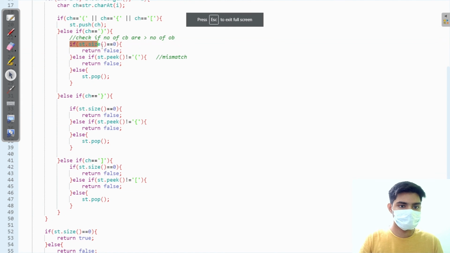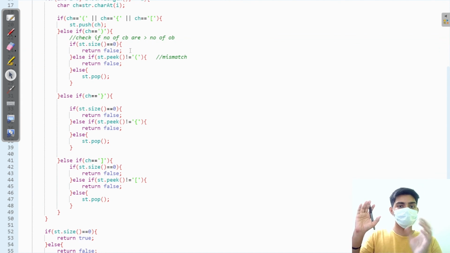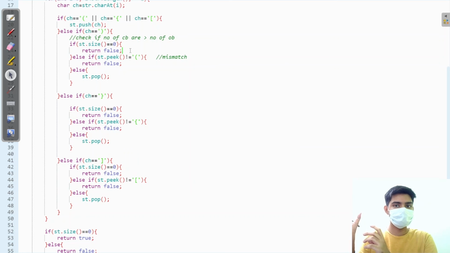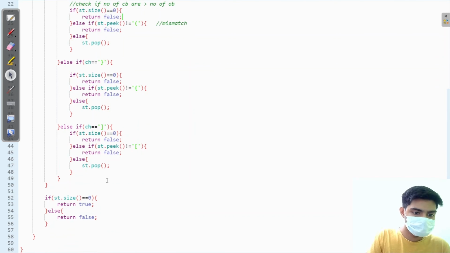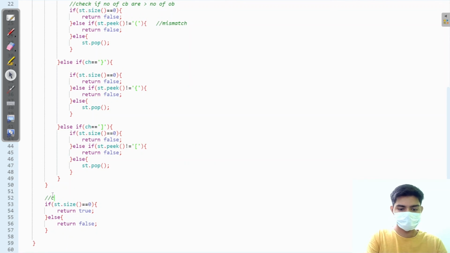This is to check if there is nothing on the stack and I have a character value, which means that my number of closing brackets are more. So the stack is already empty. There is nothing to pop. So I can just simply return false from there because I have more closing brackets. And the last check here is to check if I have more opening brackets. If there are more opening brackets, then there would be something left on the stack.